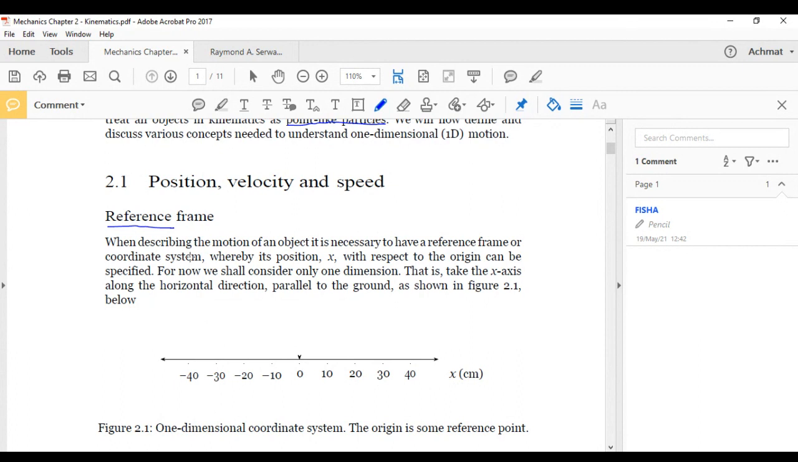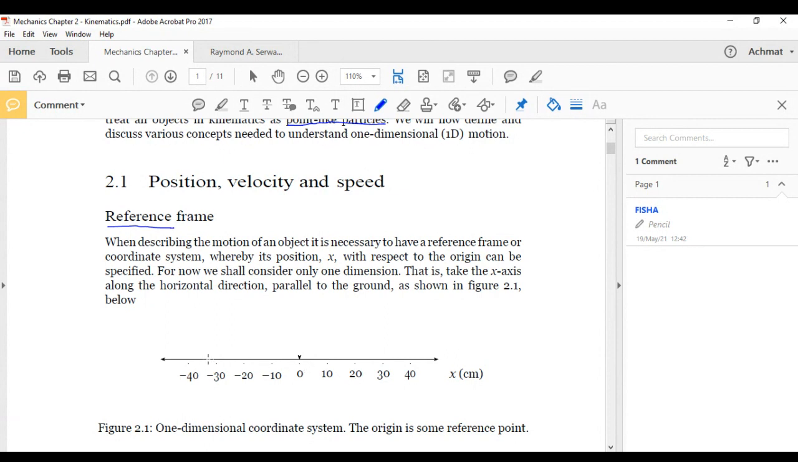Now they say here, when describing the motion of an object, in other words, its position on this one-dimensional line, it is necessary to have a reference frame, right? Or they say, a coordinate system. Now the reference frame effectively is, let's call it a zero position. Let's say if we start moving from here and go to the right, then that is your reference frame. You start at zero and you move and you pick up distance, right, that way, or you move that way,